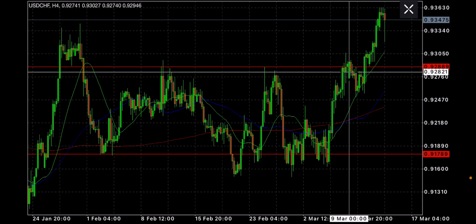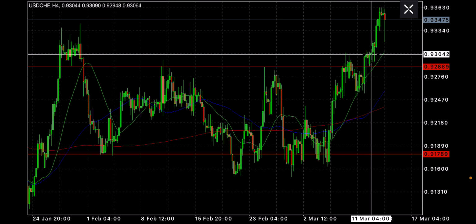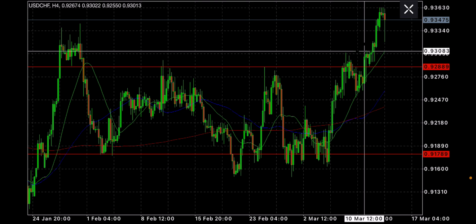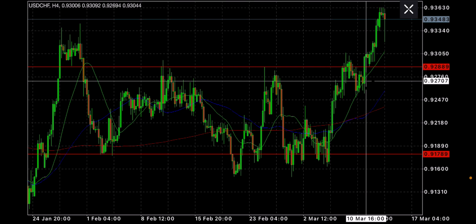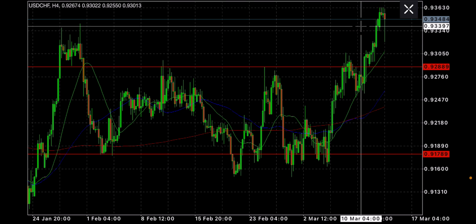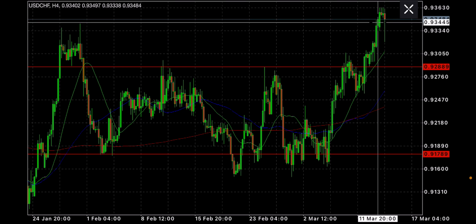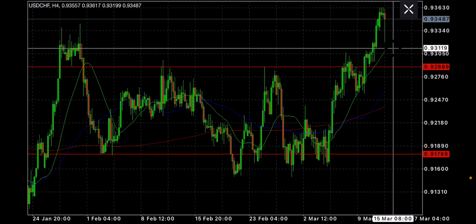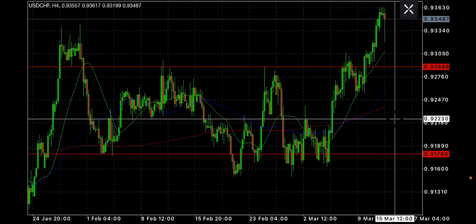And basically, what happened was towards the latter part of the trading week last week, about Wednesday and Thursday, the CHF did start to drop and it did start to become much weaker than the USD, which forced the price to go into a long position. But as you can see, we started to stall out around 0.93630. So this is a very strong possibility we're just going to go back down into the range. Okay, so we're in this area here and price is going to fall.